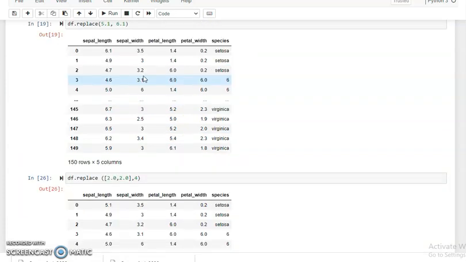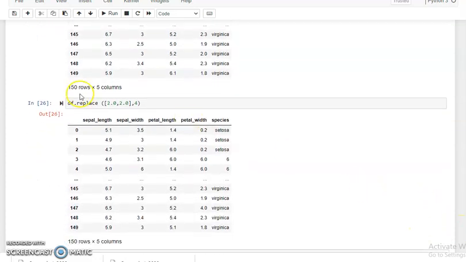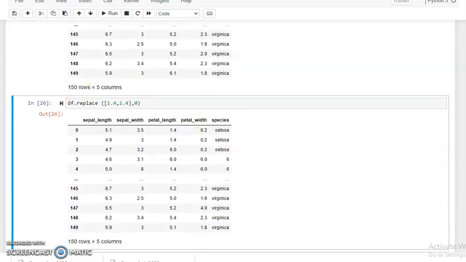As we run this, you can see the values 0.2 and 0.2 are replaced by 4. Now we can replace 1.4 with 0 with the help of this replace function.